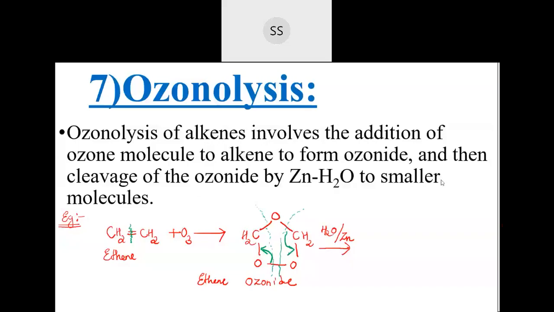This will go as a single oxygen that will combine with the water. This H2O will combine with one more oxygen and they go out as H2O2. And the remaining compound you see here, this I said you shift here.